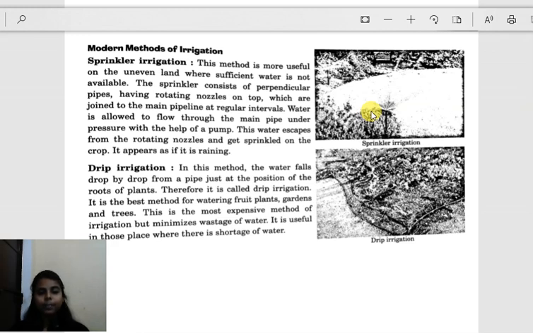Water is a very valuable resource. It was renewable, but nowadays it is becoming non-renewable because of wastage, because of unjustified use. Therefore, to minimize the use of water, drip irrigation is used because it allows the water to fall drop by drop, and it is used for watering fruit plants, gardens and trees.